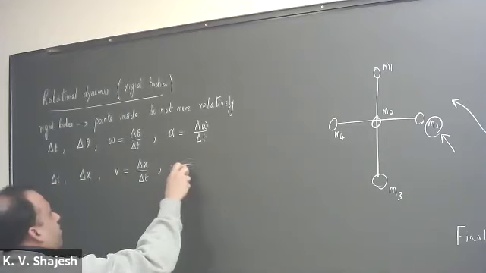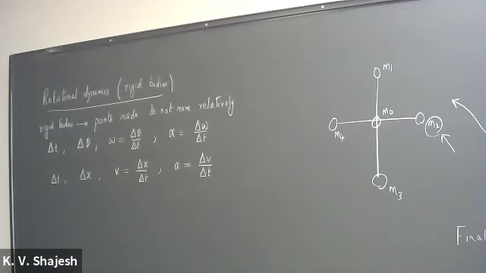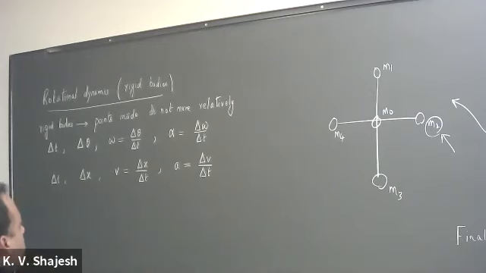And acceleration is change in velocity over change in time. So this is called linear kinematic motion, the rotational kinematics. And from that point on in linear motion, what we wanted to ask was what causes the acceleration. That was the primary goal we had. And it was Newton who pointed out for the first time that acceleration is proportional to the force and inversely proportional to the mass. So Newton's law can be written in this form.